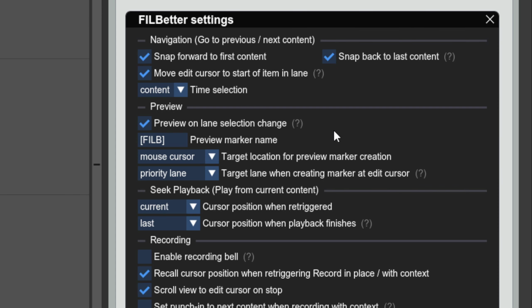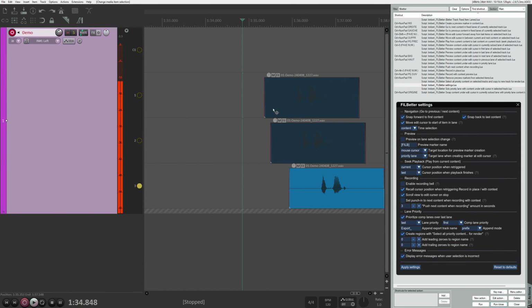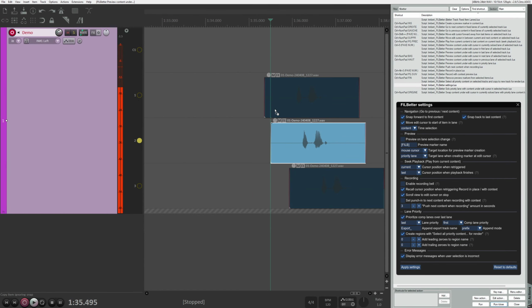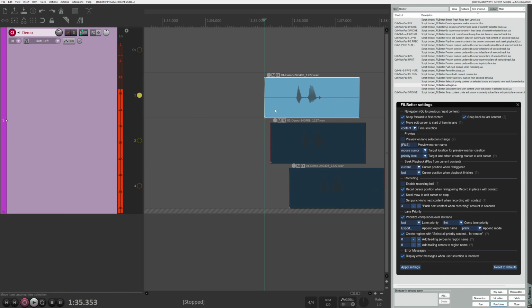Let's take a look at the previewing section. By default, if I go to previous or next lane, I'm going to hear a preview. I can disable that behavior here. And now, if I'm here and I go to next and previous, I don't hear anything. I can always use the preview currently solo lane